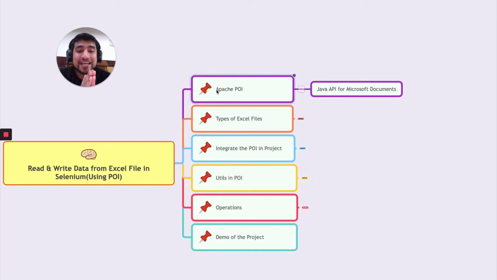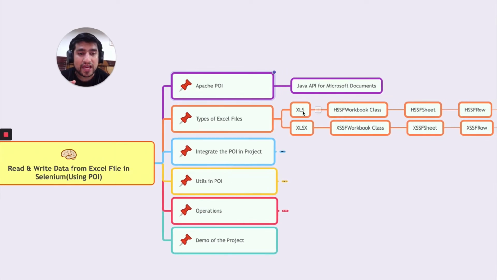So what we are doing is that we are using the Apache POI library, right? It's basically a Java API for working with Microsoft documents. Because with Microsoft, we have Excel files in multiple formats, right? For example, we can have CSV files, and XLS and XLSX formats. So there are two types of Excel file formats, XLS and XLSX, right? For the different formats, we have different classes or interfaces to work with in the POI library.